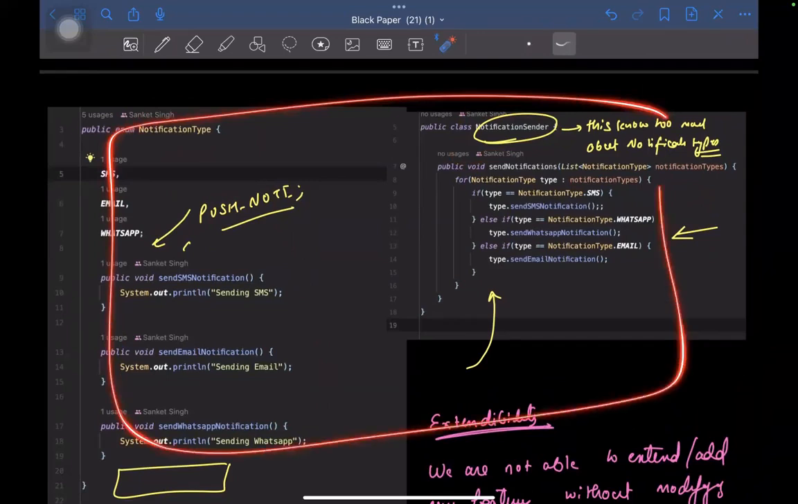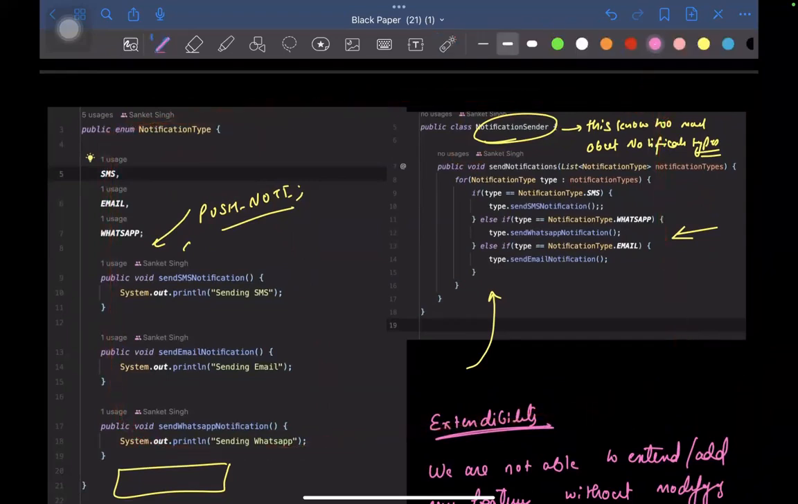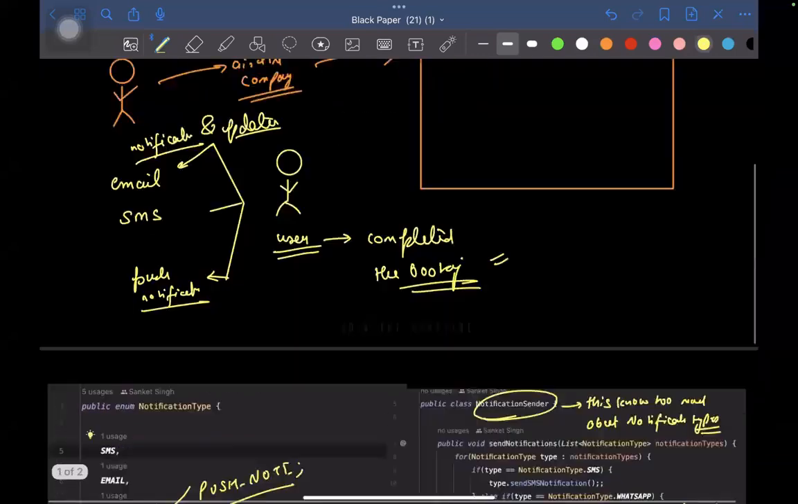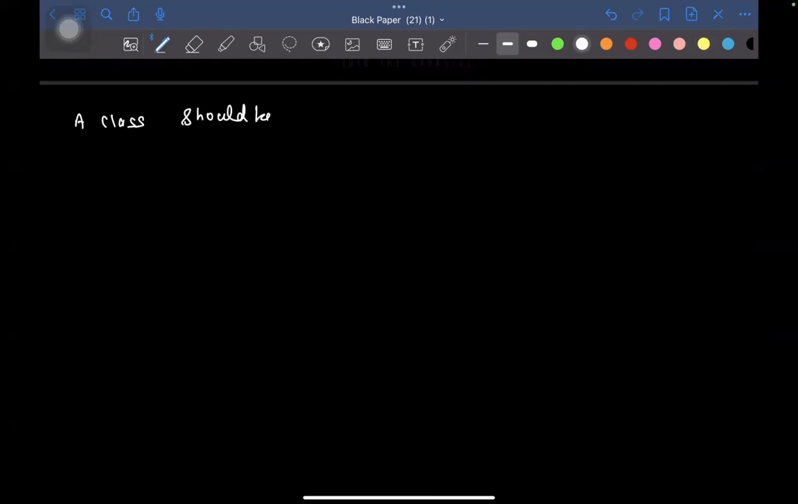This particular situation specifically violates, on a good level, the open closed principle. This open closed principle is getting violated, right? Now you might be thinking, what is the open closed principle? So let me talk about the formal definition of the open closed principle. A class should be open for extension, but closed for modifications,